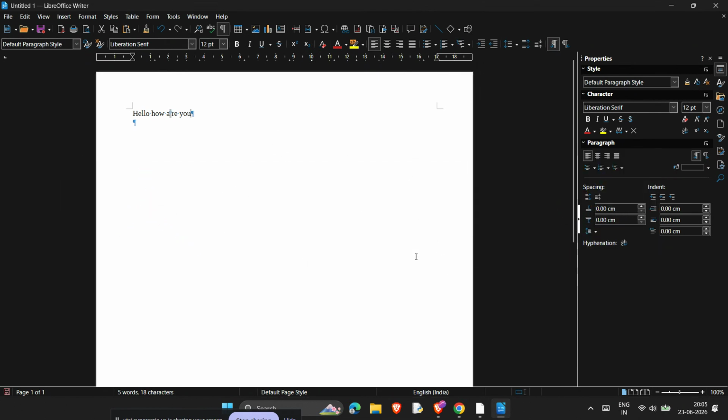Alright, let's get into it. First, open LibreOffice Writer on your computer. Once the program is open, load the document you want to work on, or start with a new blank page